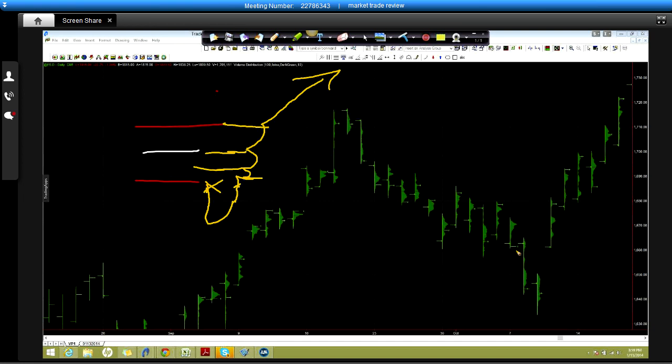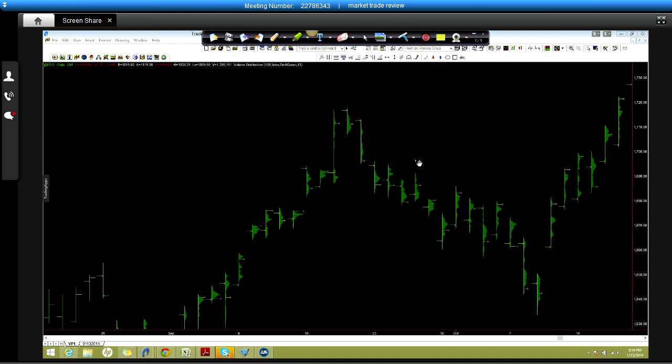I'll give you a perfect example of that right here, right? So we're gonna have to make up the data, right? But we can take any of these days and apply that exact same test to help us figure things out. Prior day's close, prior day's low, right? We opened above prior day's close, right? So let's assume Globex high is somewhere up here, okay? We opened up, we came down, we tested,